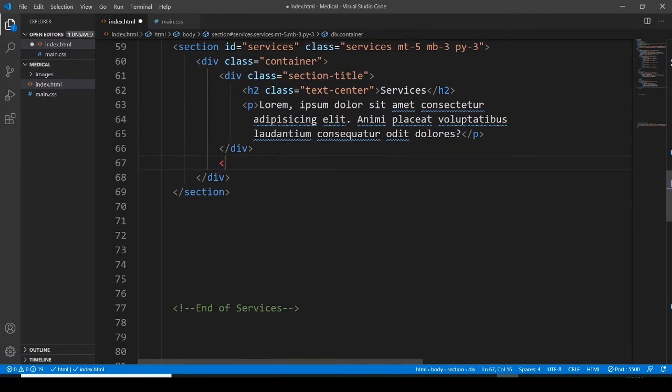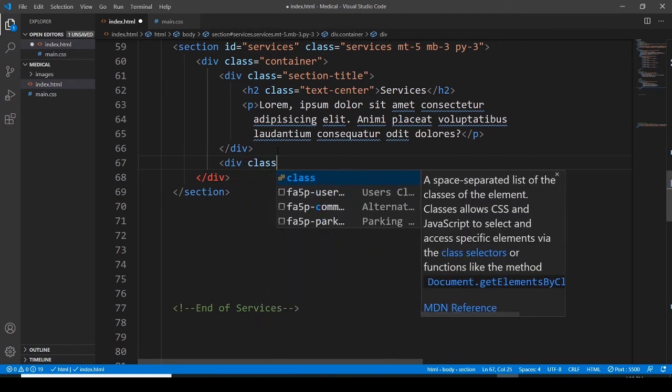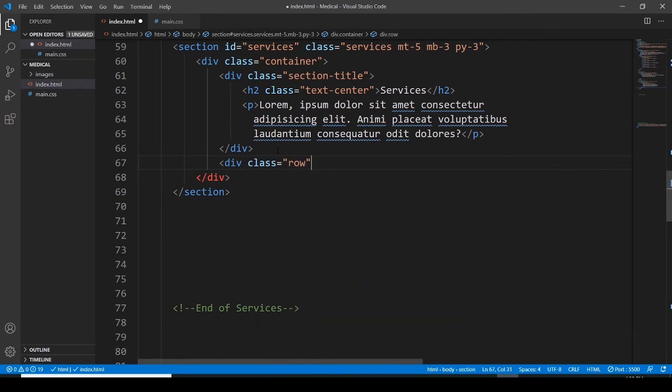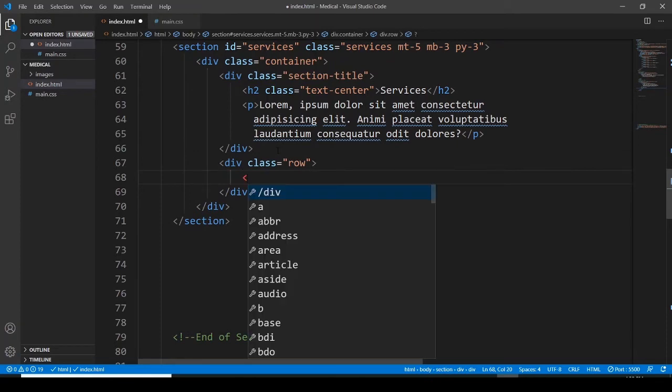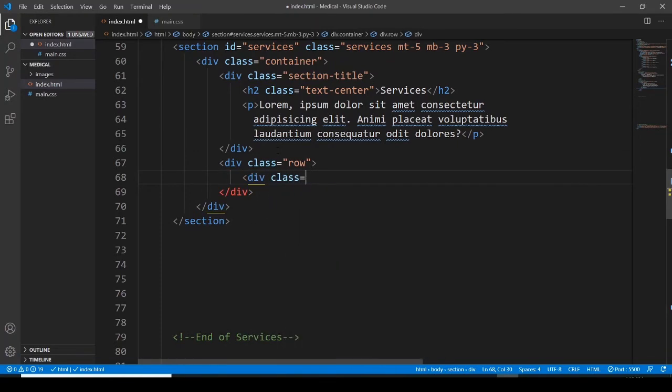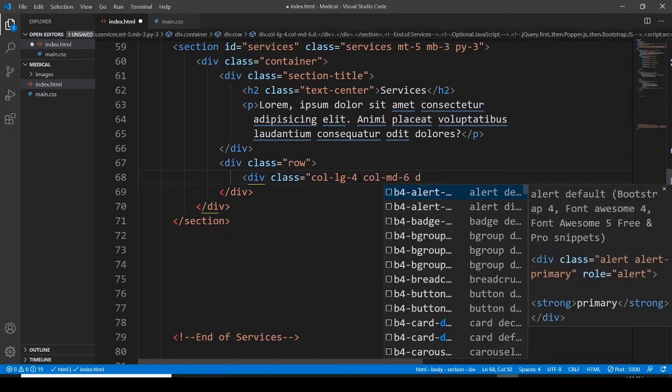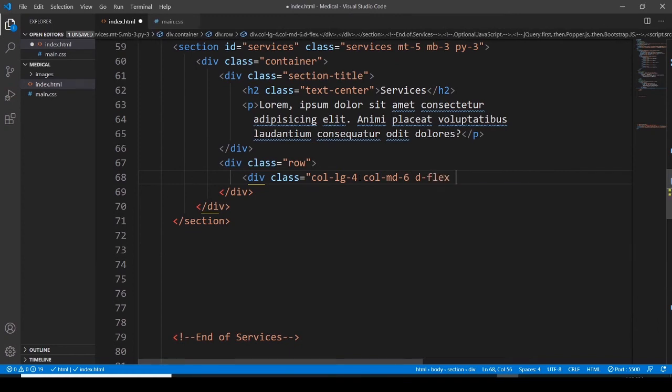here I want to go with the division, assigning it a class. This class is going to be row. Another division, assigning it a class, column LG4, large 4, and you know what, I just look here, column LG4, and column medium 6, and display flex, align items stretch,